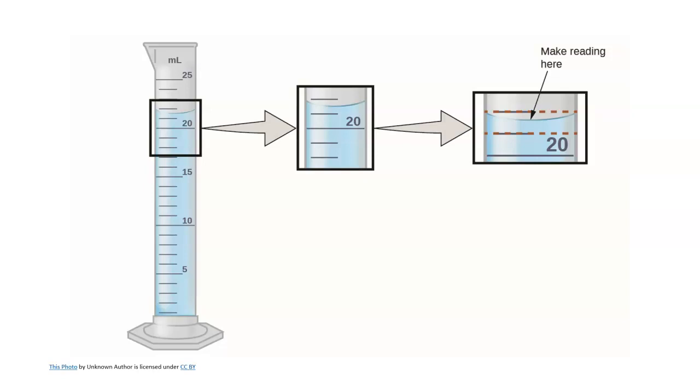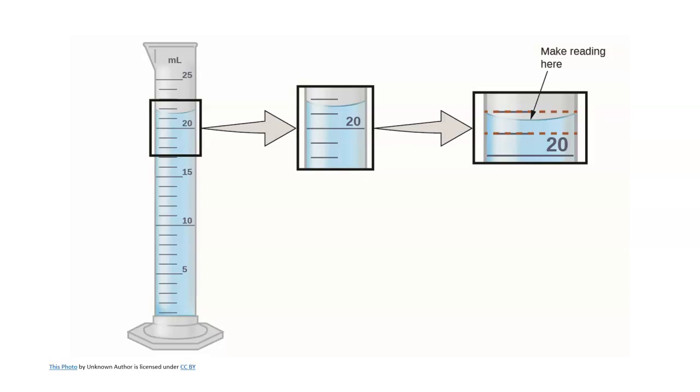So for your greatest accuracy, you're going to use the smallest graduated cylinder that will hold your entire volume. It's got to be sitting on the counter, like I mentioned, and not held up to be accurate. Now, all graduations are read from the bottom up, and they indicate the volume contained in the cylinder. And if you look at this little dip, this little curve in the liquid that's in here, where it says